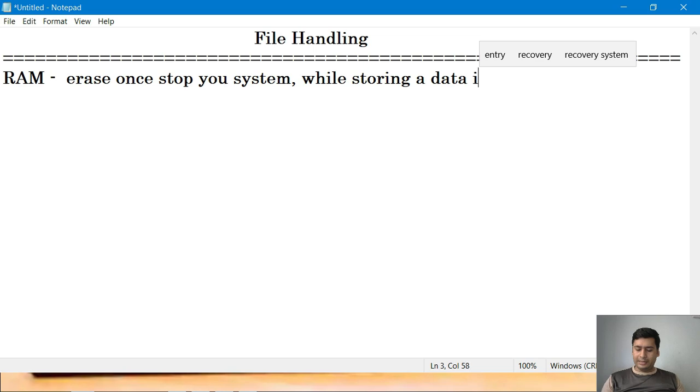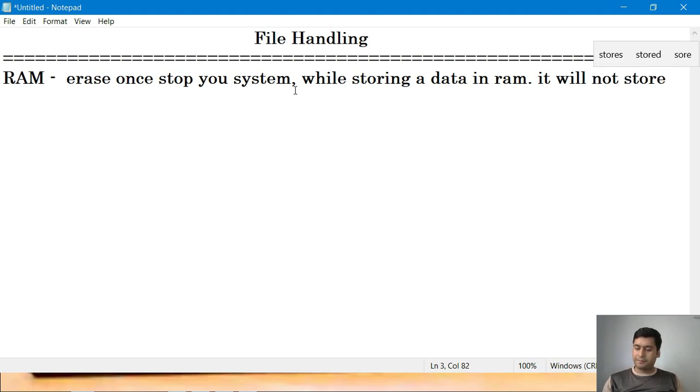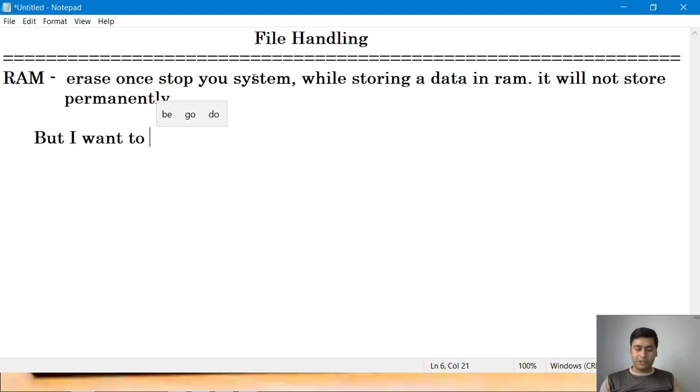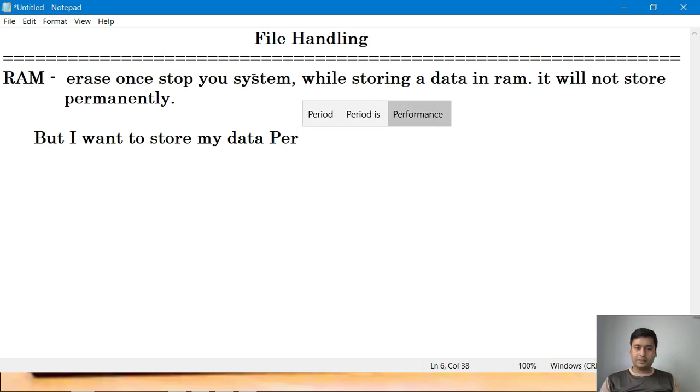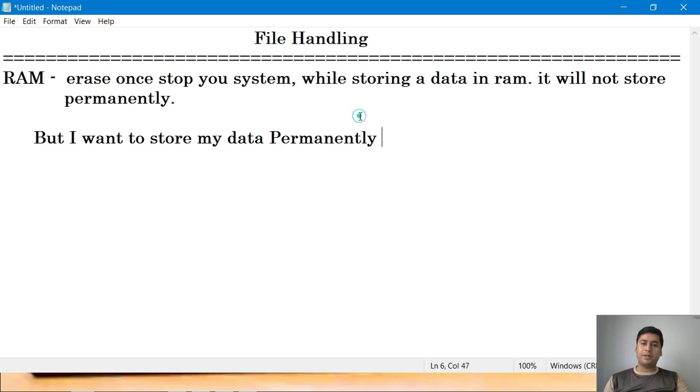in RAM, it will not be stored permanently. You can say it in simple words. But I want to store my data permanently. What can I do? If you want to store your data permanently, you have to take the help of